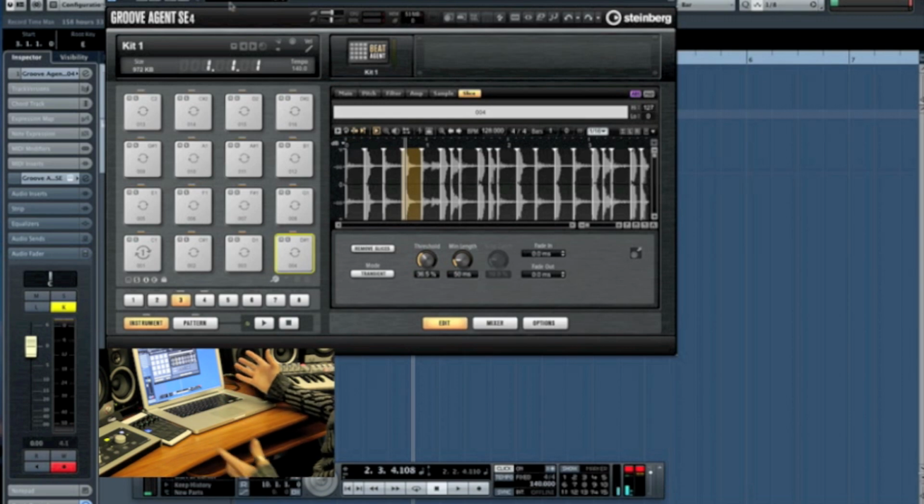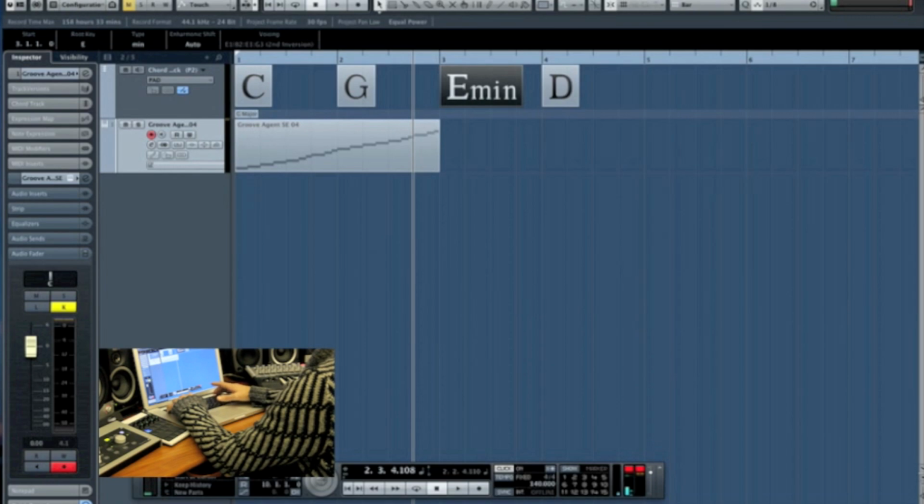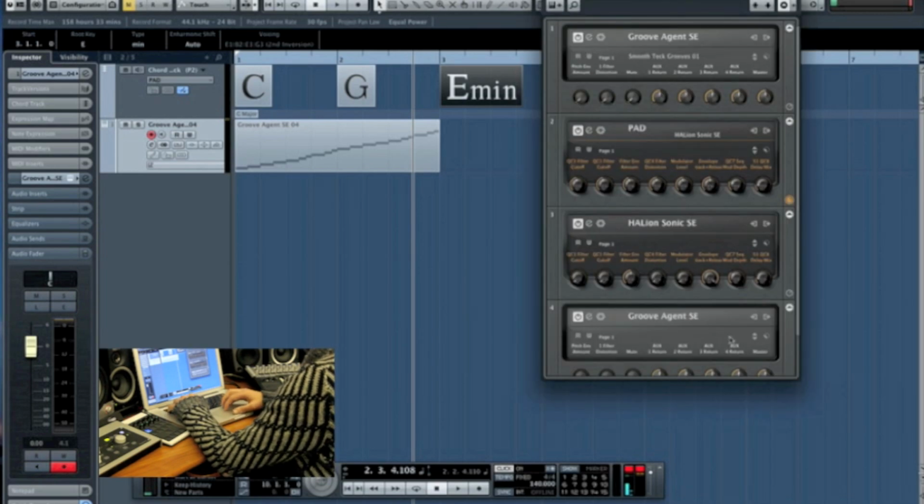There's only one thing left to do, and that's send them out into their own instrument channels, I guess, in Cubase, so that each instrument has its own set channel on the mixer setting in Cubase. So I'm just going to go quickly over to my racks section here. There's another way, or a faster way, to do this. Oops, sorry, there it is. So let's go down to Groove Agent SE,